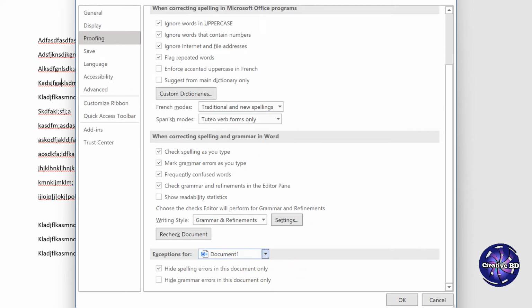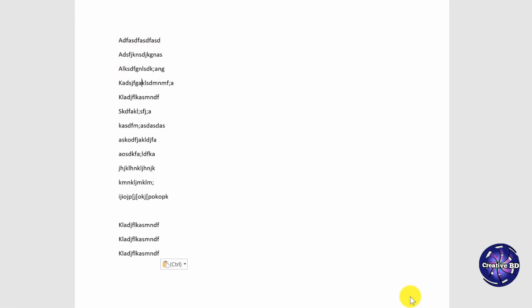Okay, in this document, and this will hide the spelling errors but not the grammatical errors. So for the grammatical errors, we're going to click right here: hide spelling errors in this document only, hide grammatical errors in this document only. Now if I click on OK, as you can see, all the spelling mistakes and all the grammatical mistakes have been hidden,